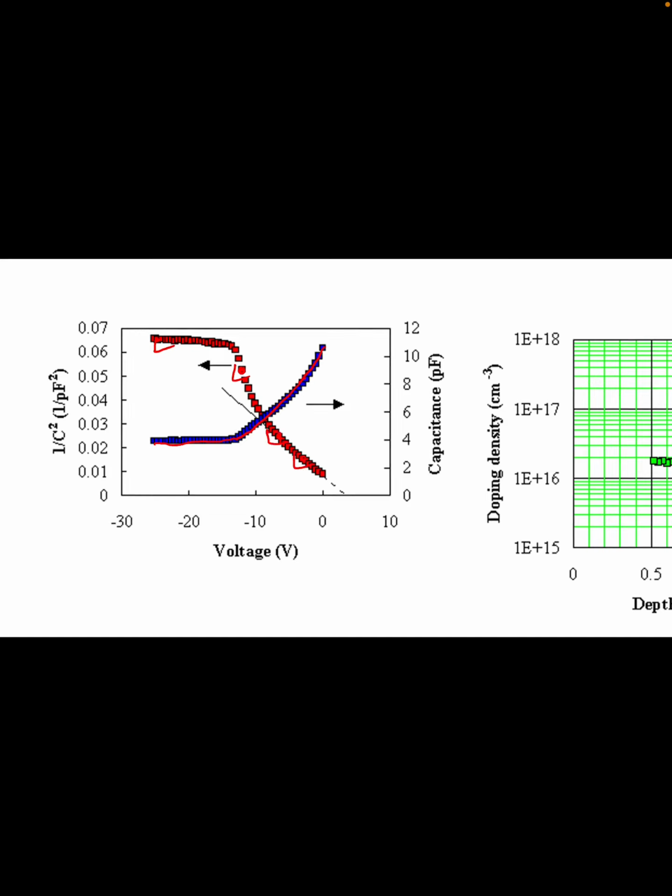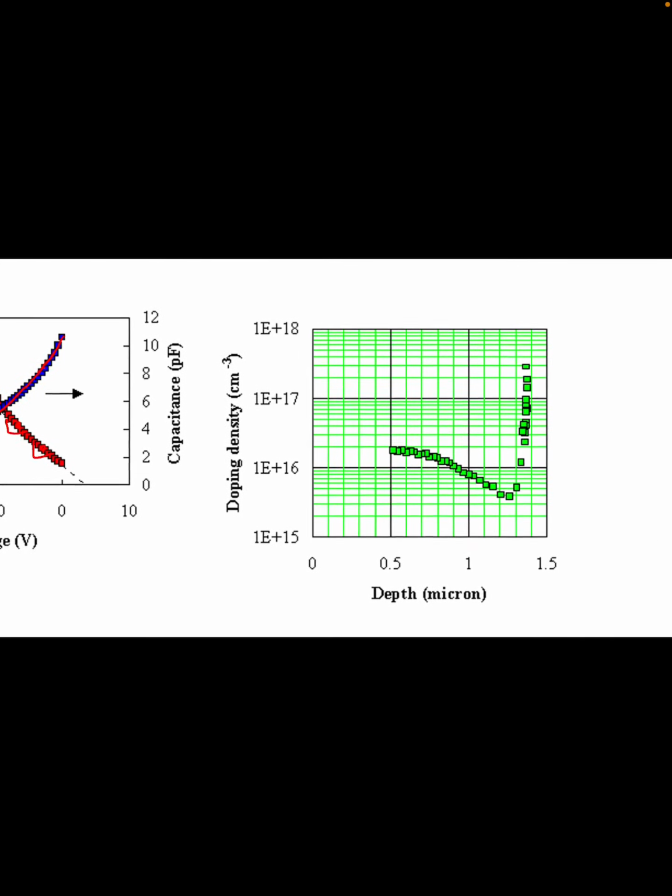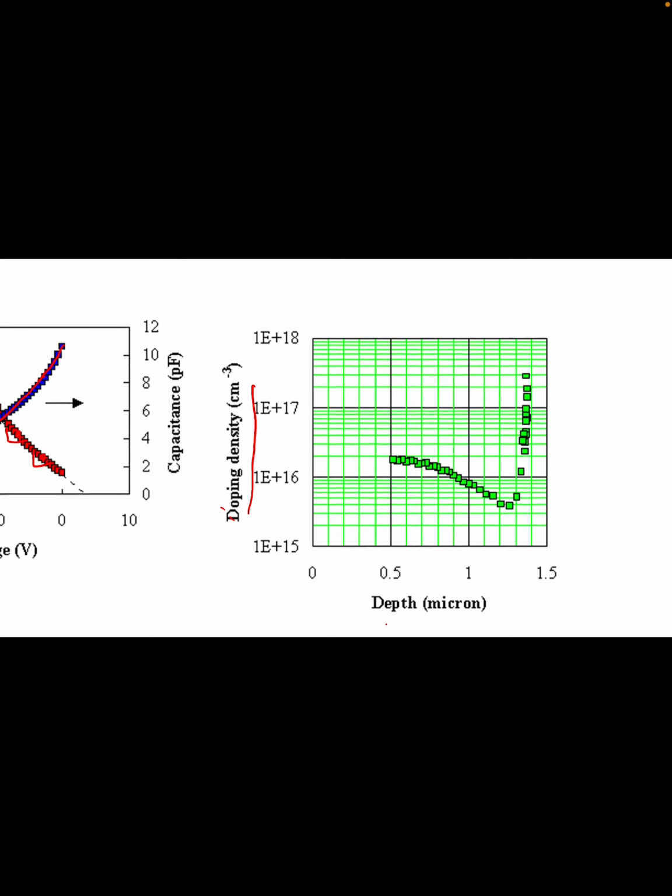And from this slope you can extract what is called the doping density. So people typically extract the doping density versus the depletion width in microns. So you go to different depletion widths, 0.5, 1, 1.5,